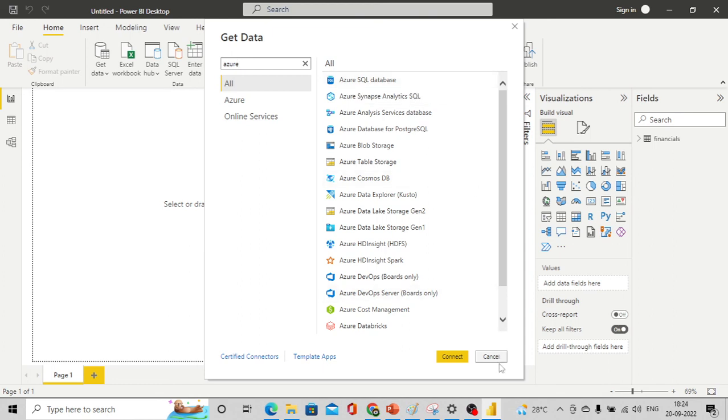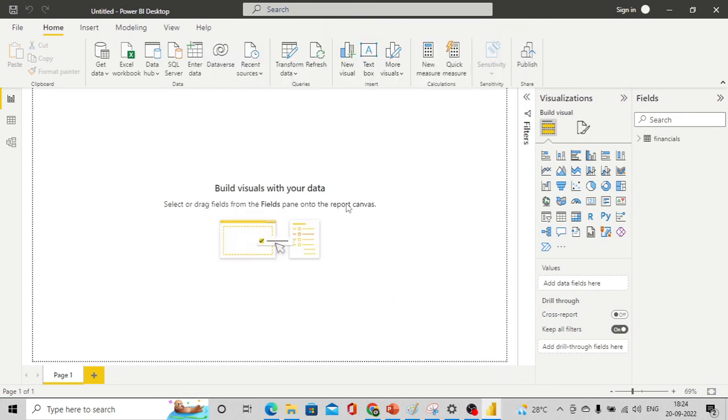Okay, so that's all for today. You can see how to get the data from an Excel sheet. In the next session, you will see how we can get the data from an Excel sheet, how we can get the data from SQL Server, and then we will create a simple